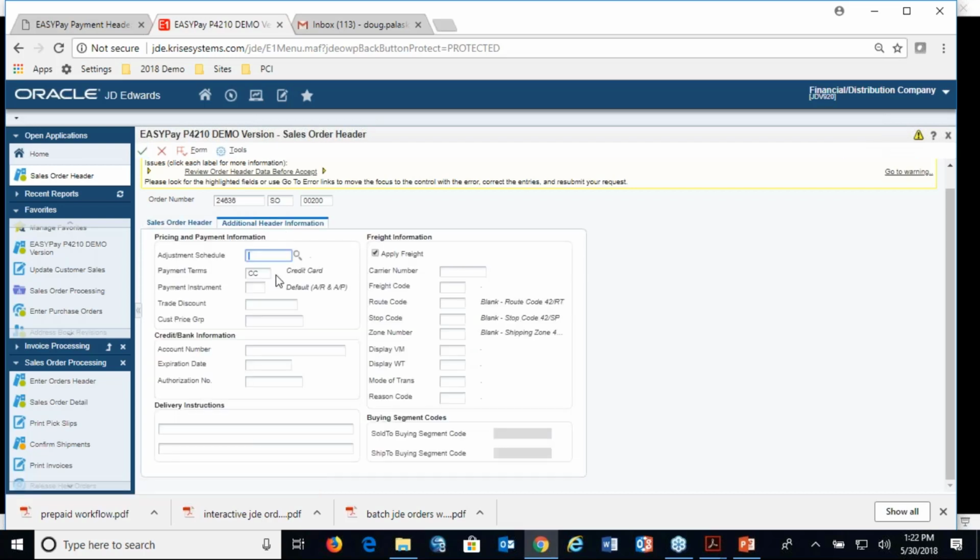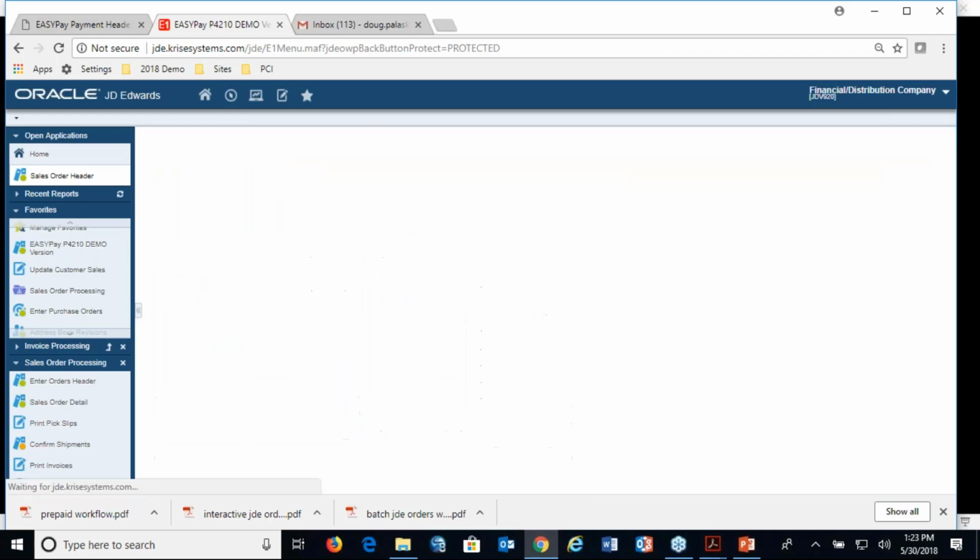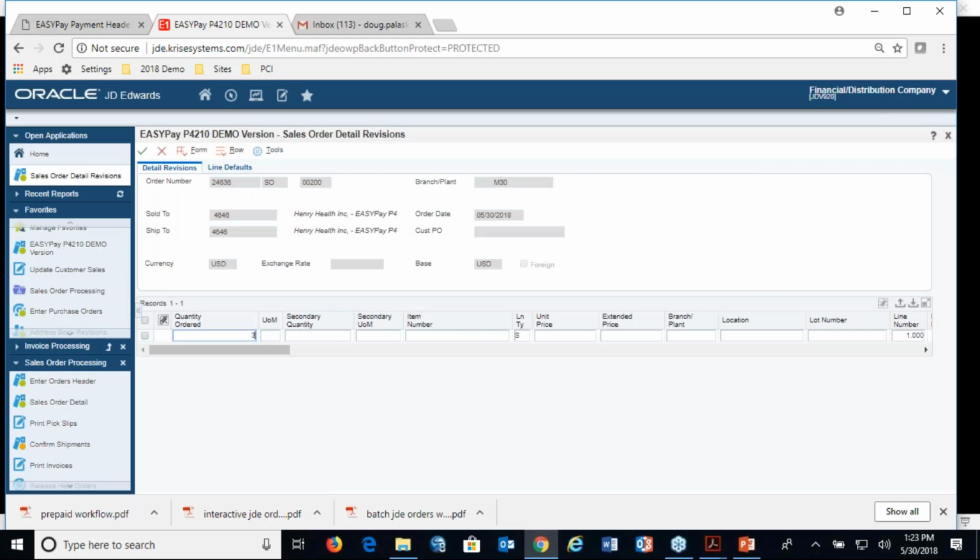This is us reading the address book, and you see under payment terms that this customer is credit card. I could have also come in here, this could be an AR terms customer, net 30, and I could change it to credit card. So what happens here is I add a line item,